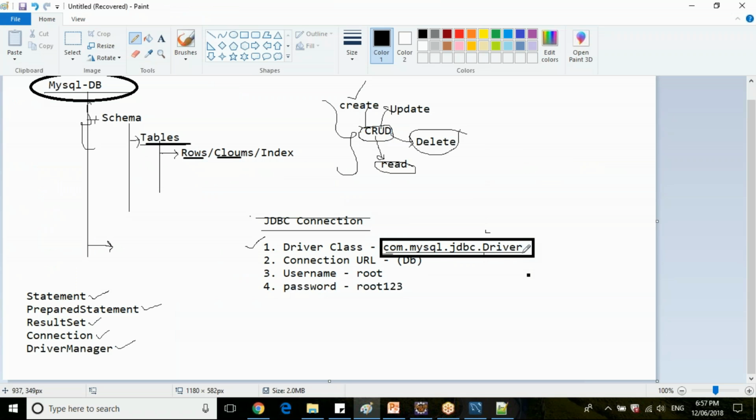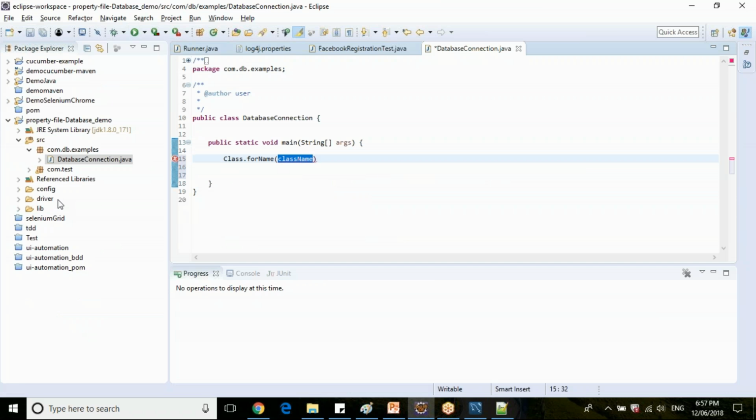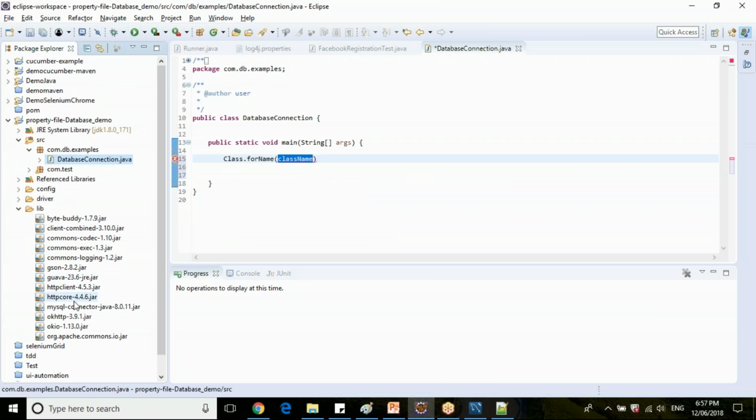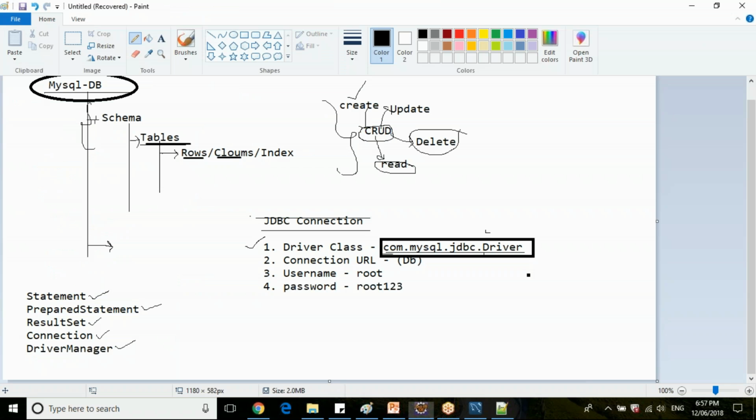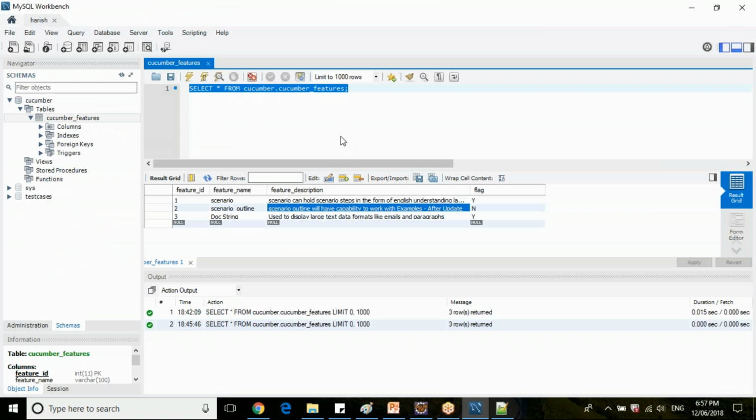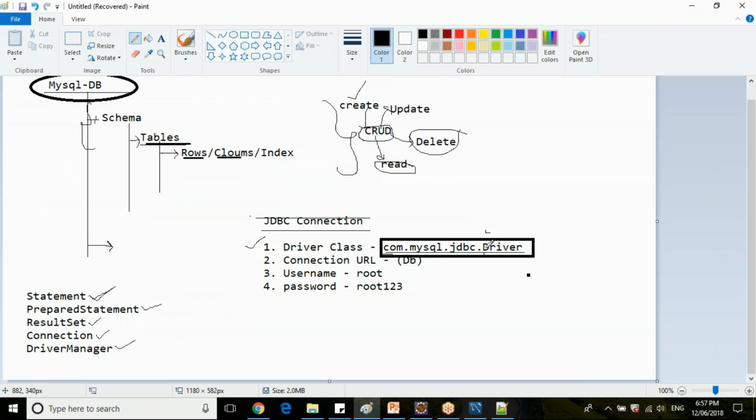The driver class is the class available in this MySQL connector jar file, to provide these facilities to interact with our actual database, whether it is MySQL or Oracle. Since we are using MySQL here, we are interacting with the MySQL database, MySQL driver.